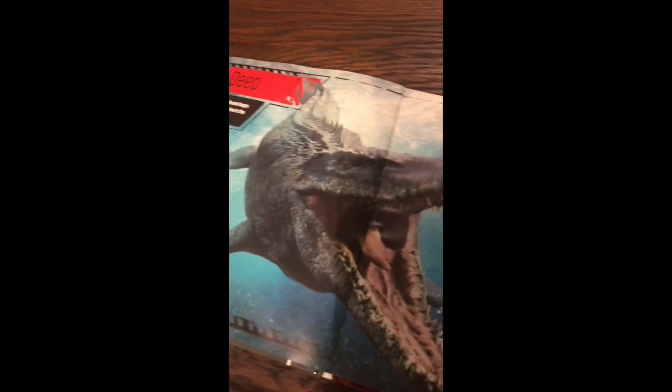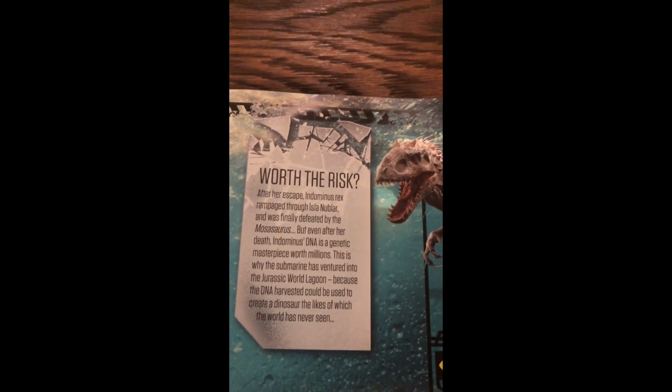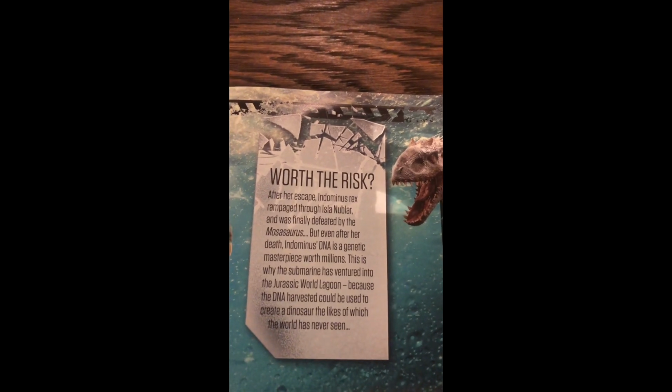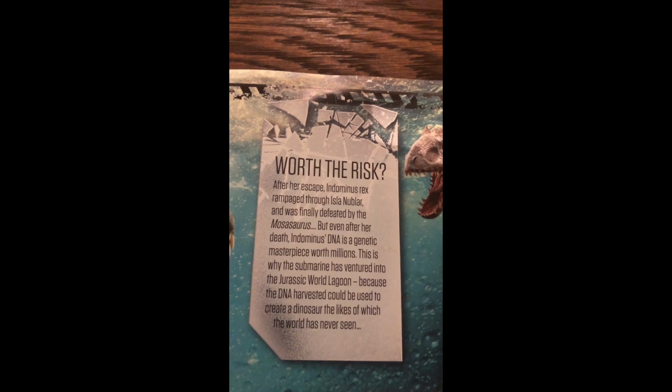I mean, maybe I need to do a video on this actually one day, talking about how I think the Mosasaurus would die, so stay on the lookout for that for the future. Anyways, worth the risk. After her escape, Indominus-Rex rampaged through Isla Nublar and was finally defeated by the Mosasaurus, but